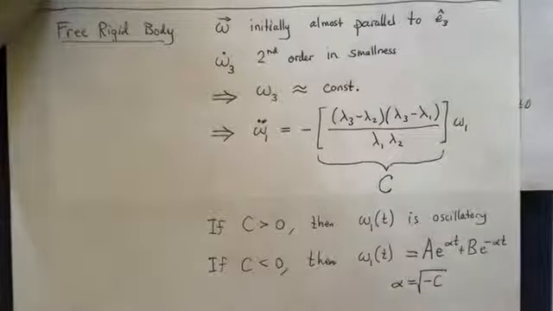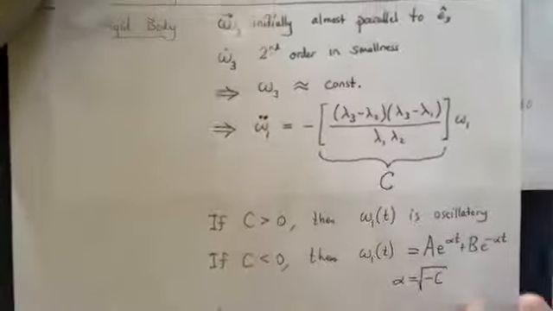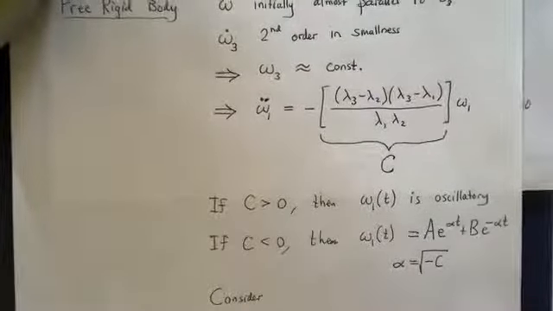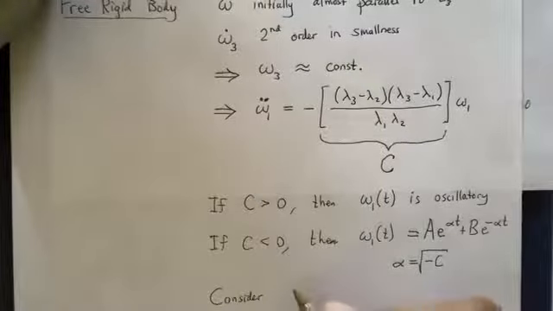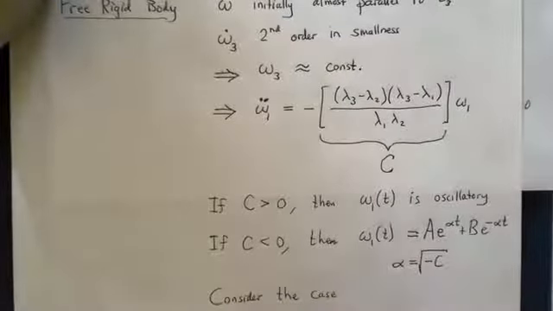So consider, okay, I'll put the paper like this. As I said, we have not yet utilized any sort of assumption about any of the lambdas being larger or smaller than any others. So now we're free to reinterpret the lambda 1, lambda 2, lambda 3. So consider the case where lambda 3 is intermediate, okay? So lambda 3